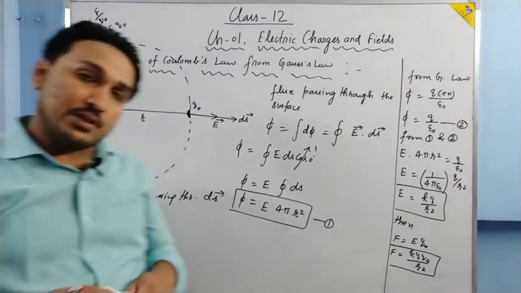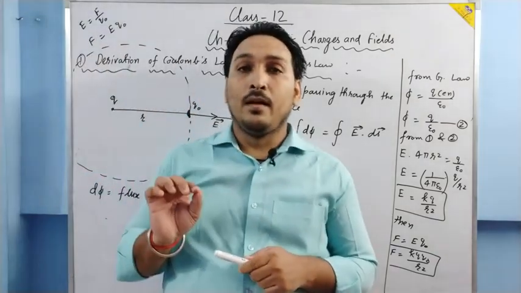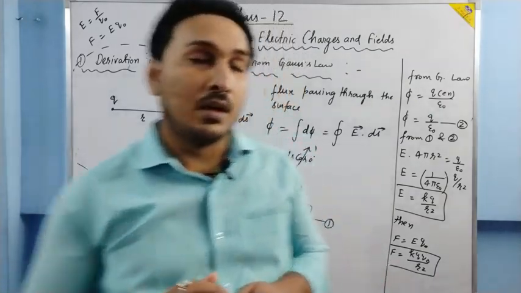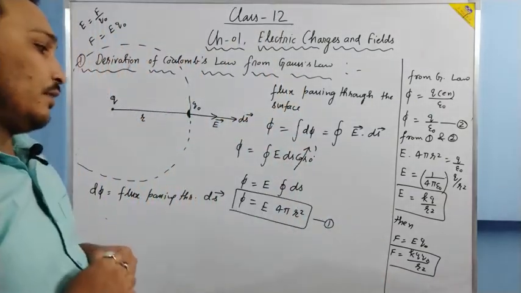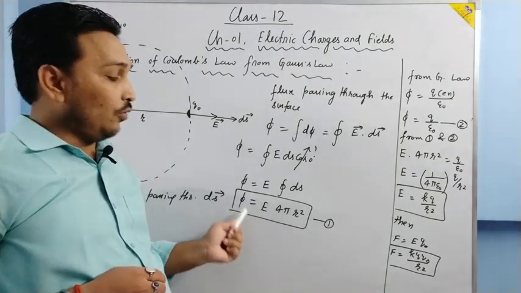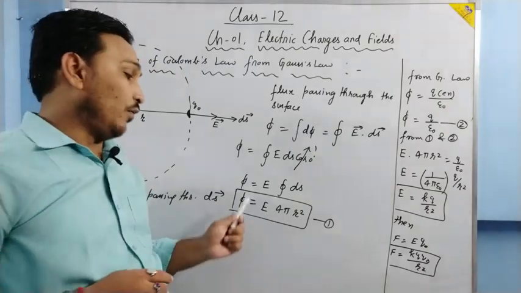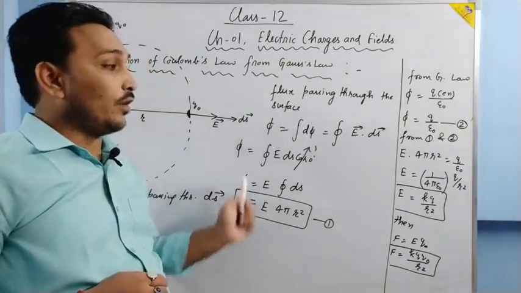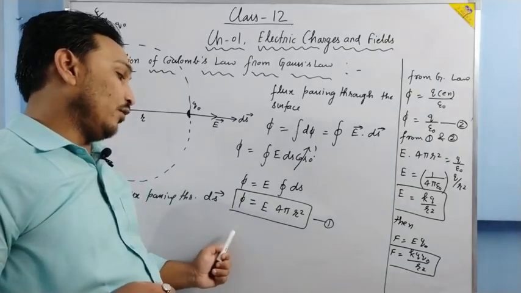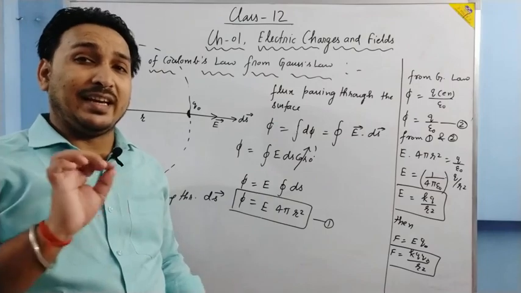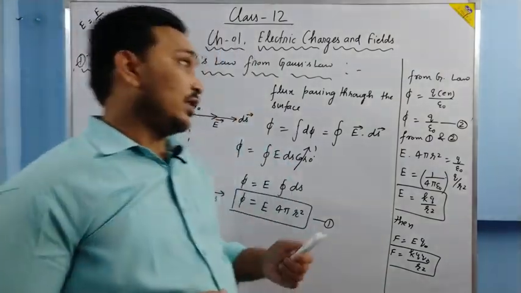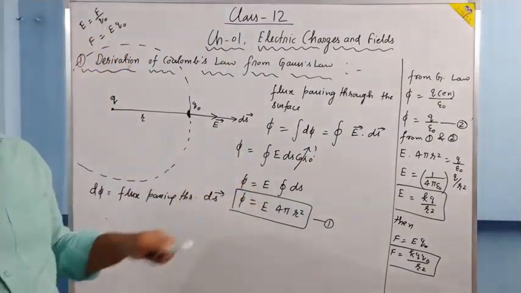Suppose in the board examination it is asked to prove Gauss law from Coulomb's law. Then what you will do? Small changes are there. Here we have calculated the value of E. You will put the value of E over here, K Q by r square. Put the value of K also, 1 upon 4 pi epsilon naught. Some things will cancel out. In that manner we will get phi is equal to Q upon epsilon naught. It has been done in the last video lecture. Okay. So this is how we can prove Coulomb's law from the Gauss law.